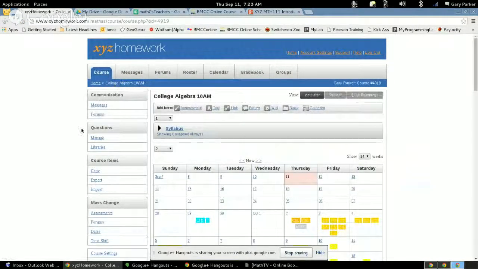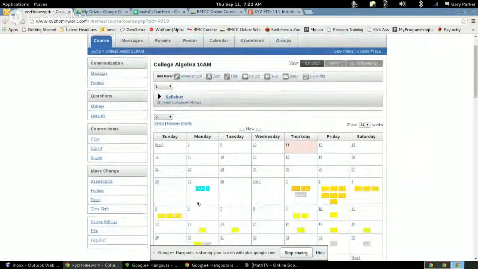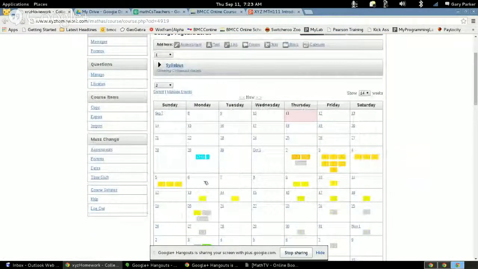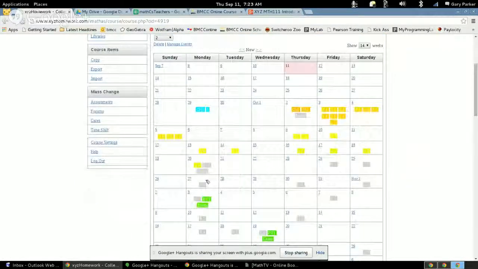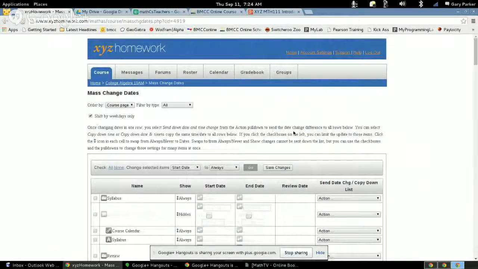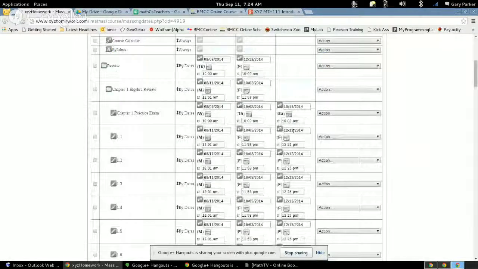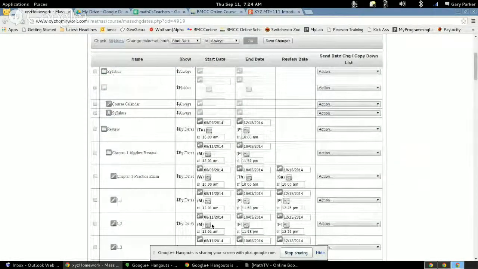So what I encourage you to do is just play around with the site. If you have any questions, give me a call or send me an email and I'll help you out with it. If you want to adjust any due dates, the easiest way to do that is to go to the mass change section and choose dates. And that lays out everything that can be due. And then you can go in and change when things appear, start date, and when students stop having access to them. The review date